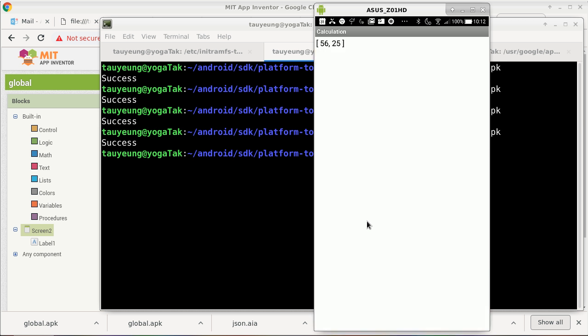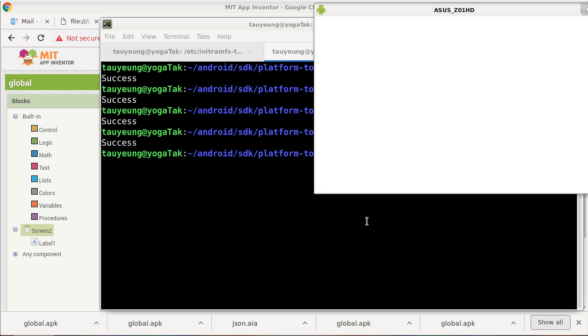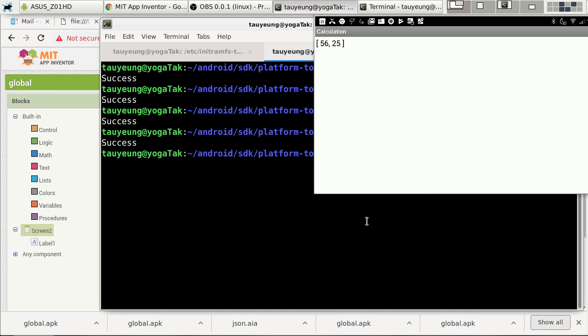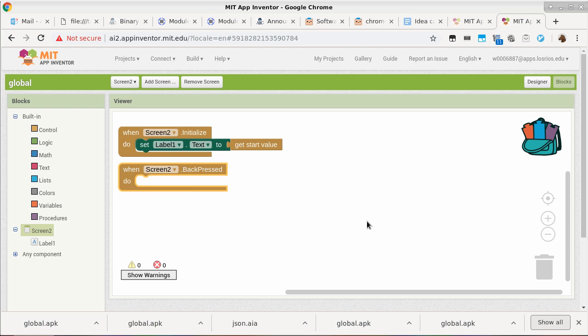We get to screen 2. So now I'm pressing the back button. Nothing happens. Which is good, because it means you can control the behavior of the back button, which comes in very handy sometimes. All right, so what we're going to do here is we'll send back the result of the sum,